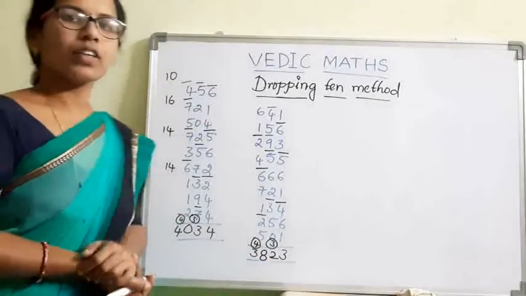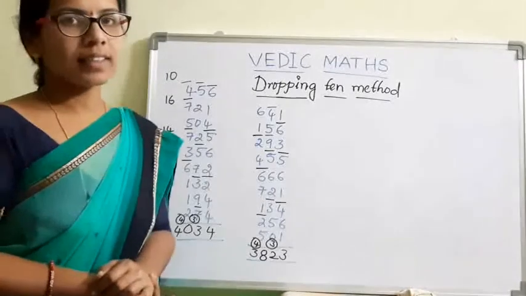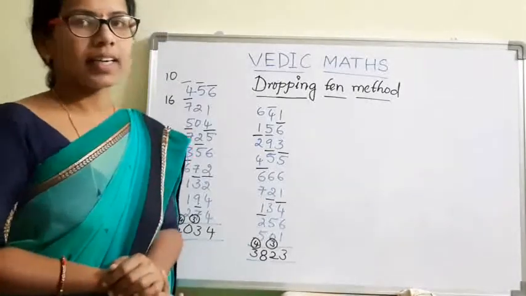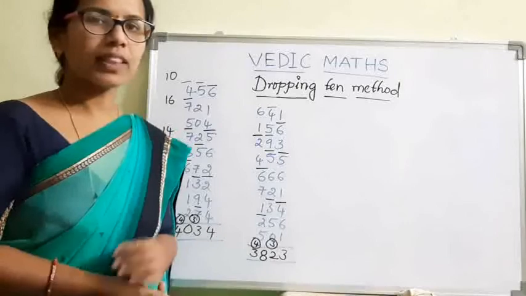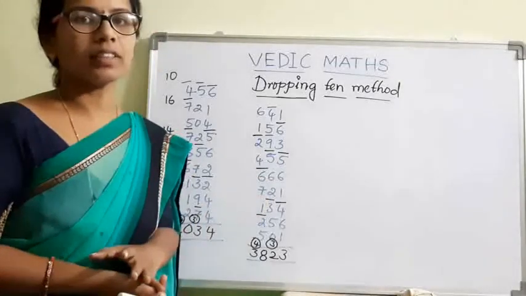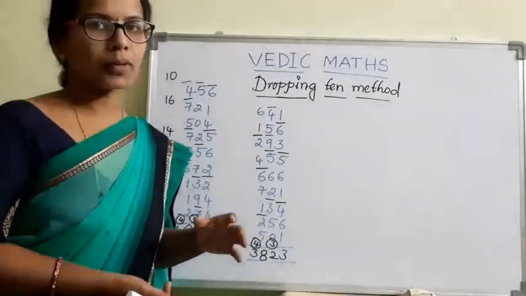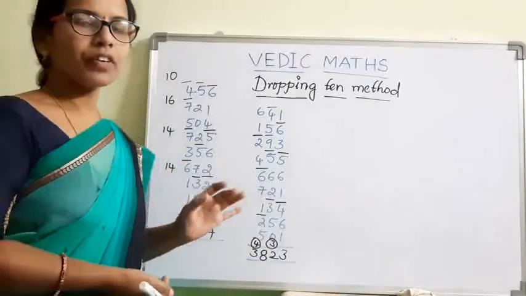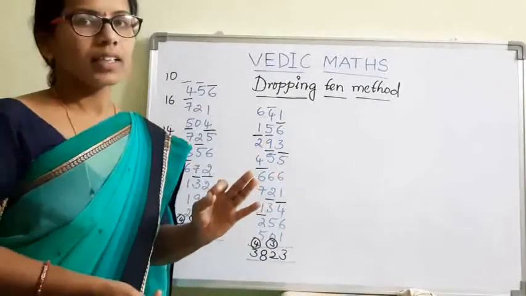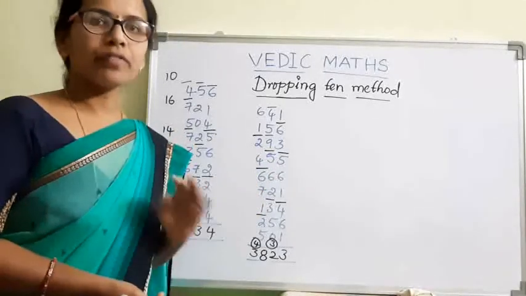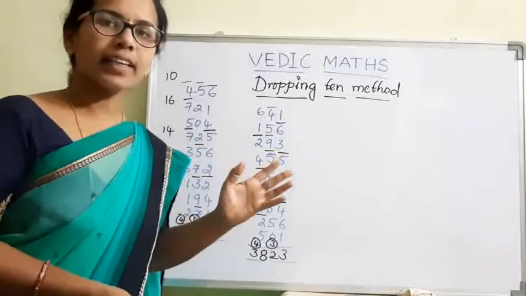Yes, you can practice, do practicing, then you will get fast addition. Within seconds, you can complete the addition. If you take 4-digit numbers also, the process is the same. Yes, not only for 1, 2, 3, 4, 5, this process can also be applied for 6, 7, 8, 9, 10 and so on.